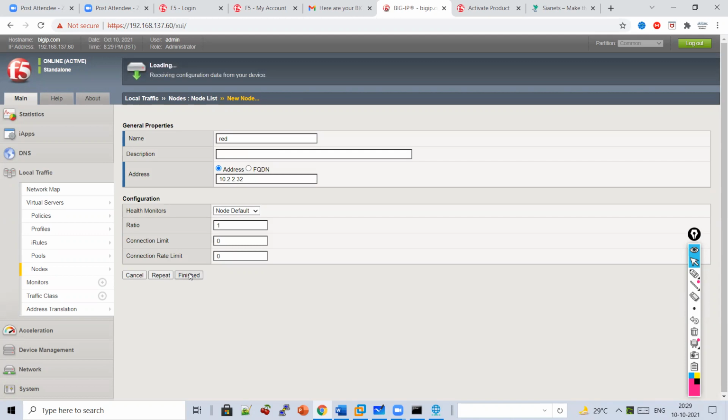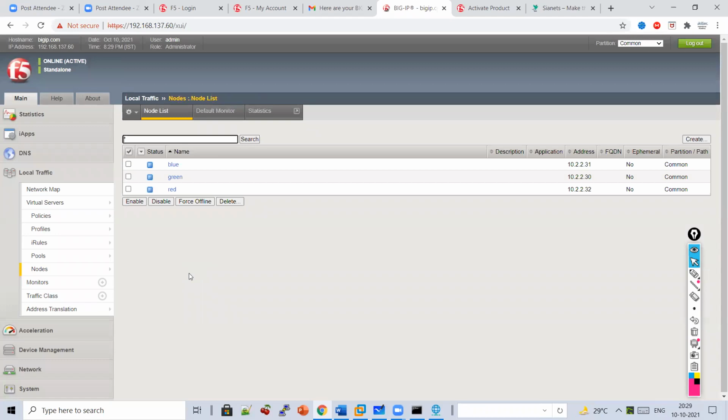Finish. So guys, we have created 3 servers, red, green, and blue. So that is my requirement, right? My application owner, my customer, tells that, hey, I want to use 3 servers behind F5. So that is what I did.